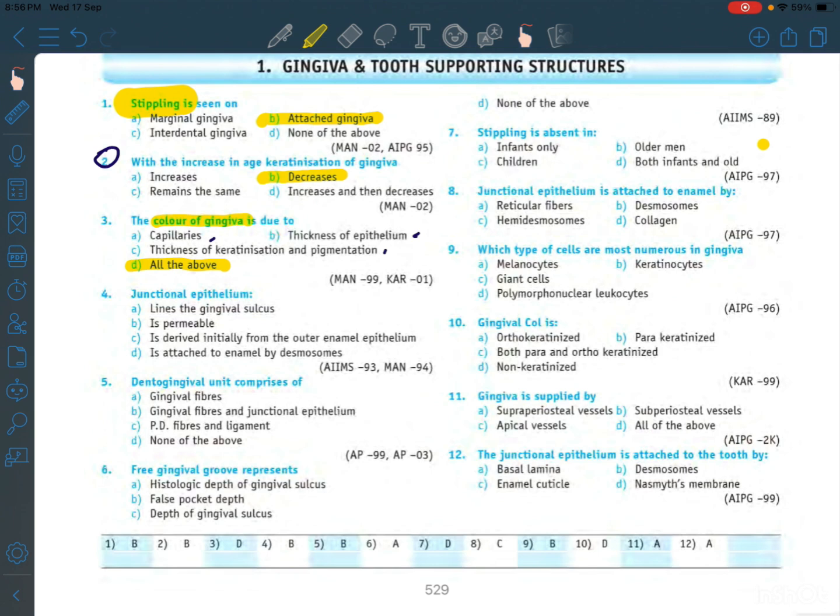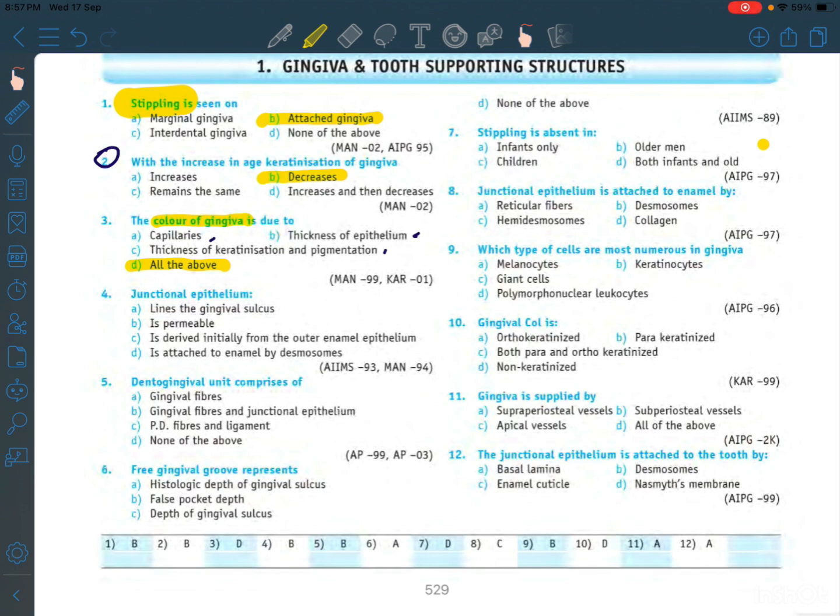Number 3 is thickness of keratinization, or degree of keratinization. The more keratinized the tissue, the lighter or paler and more opaque the gingiva. If there is less keratinization, there will be a darker or redder appearance. Another point is pigmentation. Pigmentation means melanin. Melanocytes are present in the basal layer and produce melanin, which in turn gives the appearance of brownish or blackish pigmentation, more prominently seen in darker skinned individuals. Also the underlying connective tissue: the density of collagen fiber affects translucency, so denser connective tissue gives a lighter shade.